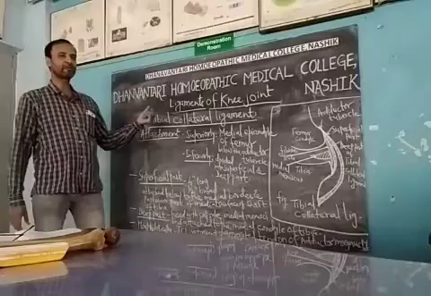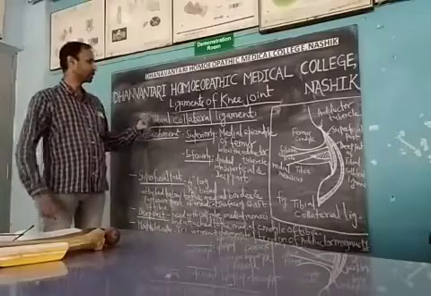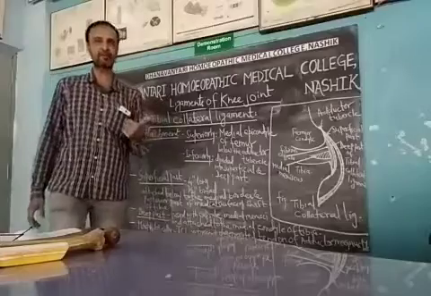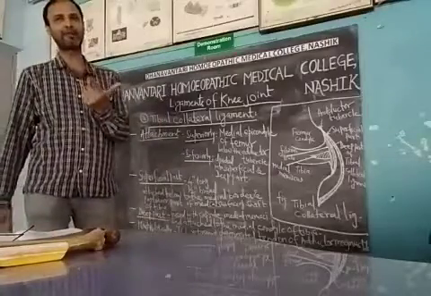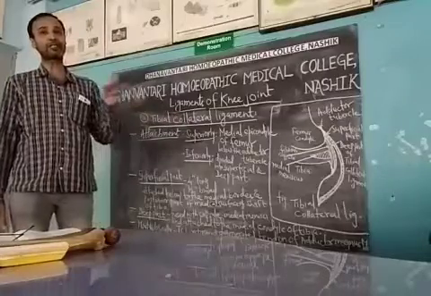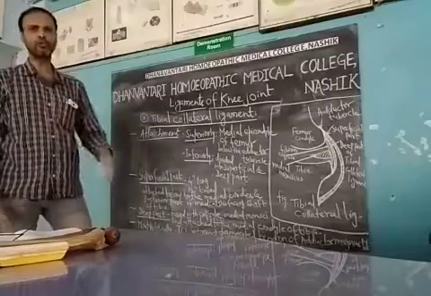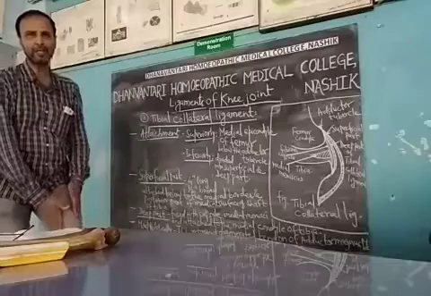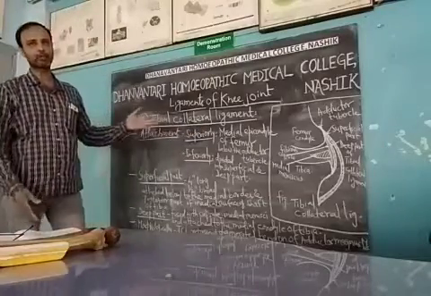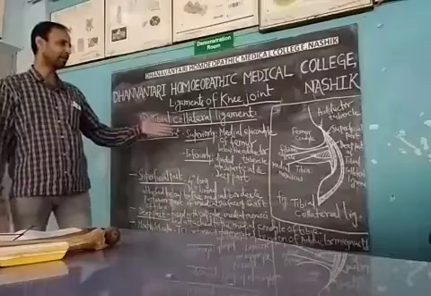Now the third ligament we are going to learn about is the tibial collateral ligament. Two we have already learned: the fibrous capsule and the ligamentum patellae. The tibial collateral ligament is also called the medial collateral ligament because it is on the medial side between the femur and the tibia. As it is attached on the tibia, it is called the tibial collateral ligament.